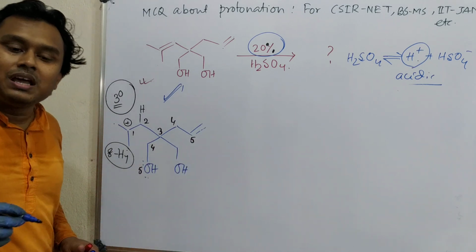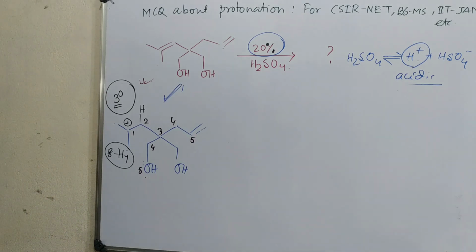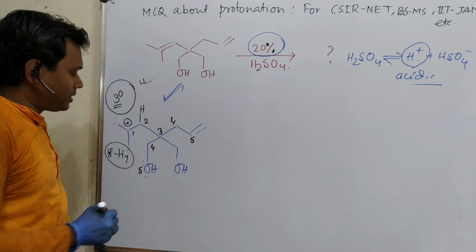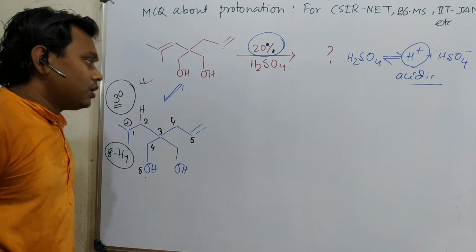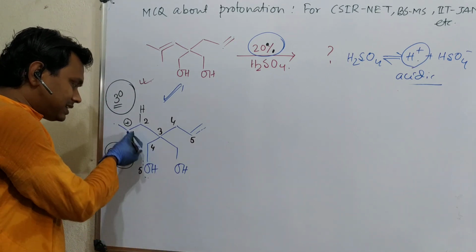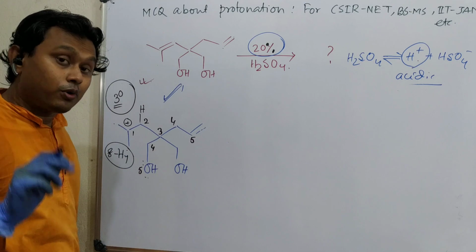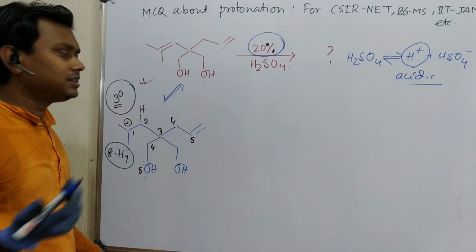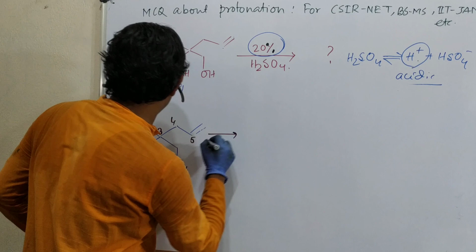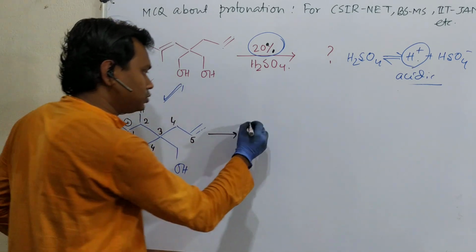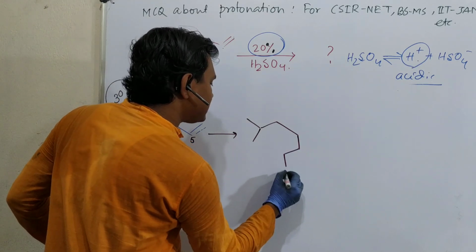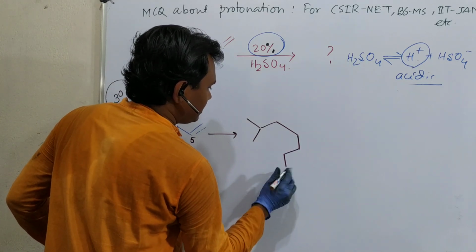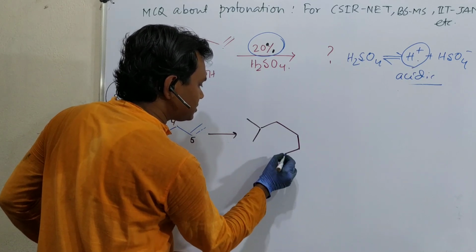Who is more nucleophilic in nature? Actually oxygen, definitely, because the electron pairs are confined on oxygen. The double bond can also attack and it will result in a carbocation, which will react further. In case of oxygen, if it attacks, then there will be a proton attached to the positively charged oxygen, so it could be eliminated very easily. That is easier. So what will it do? In this case, I suggest you draw everything as it is, so that there is minimum chance of mistake.